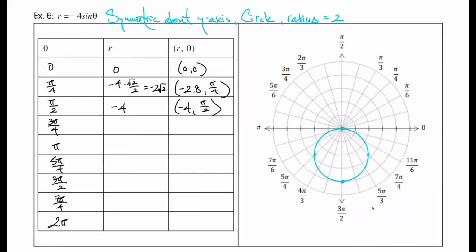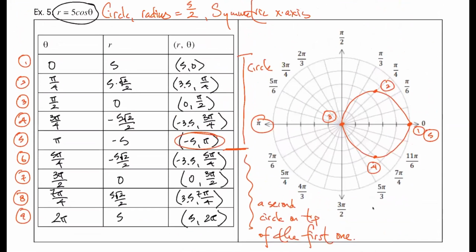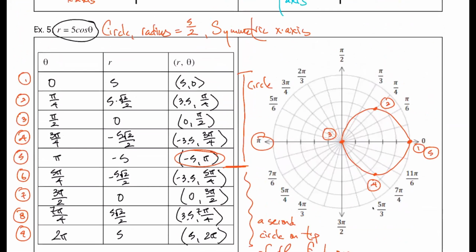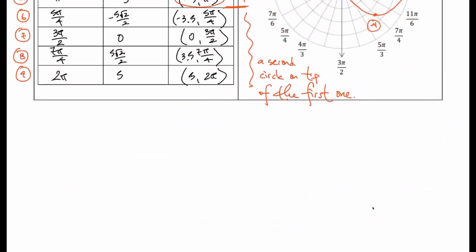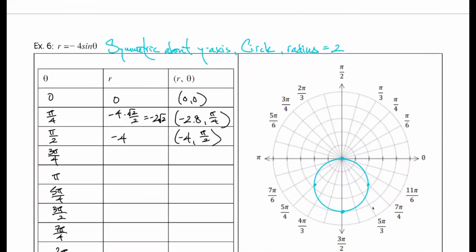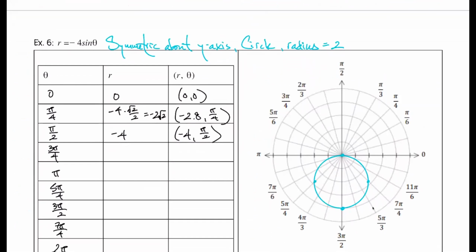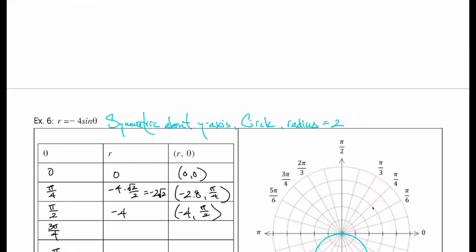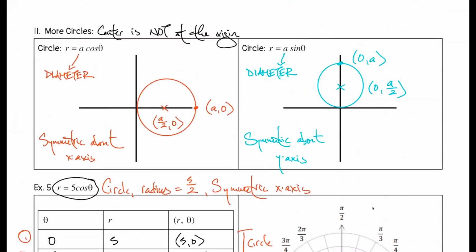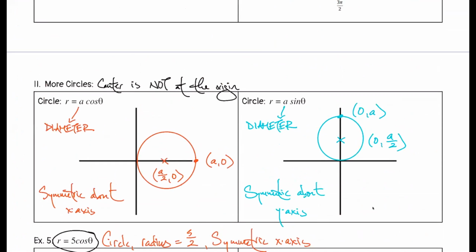Monday. We left off thinking about circles and how sometimes the circles are symmetric about the x-axis and how sometimes circles are symmetric about the y-axis. One thing that I think is helpful in remembering which one is which is if you think back to the unit circle. So on our unit circle,